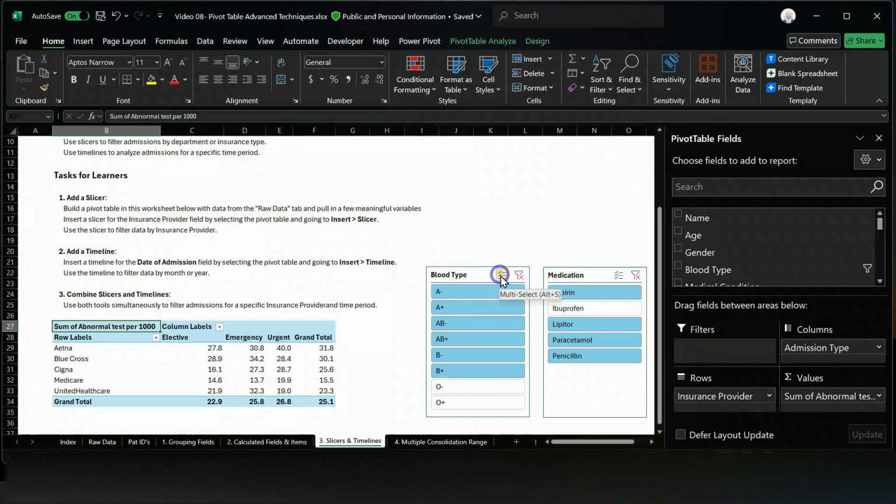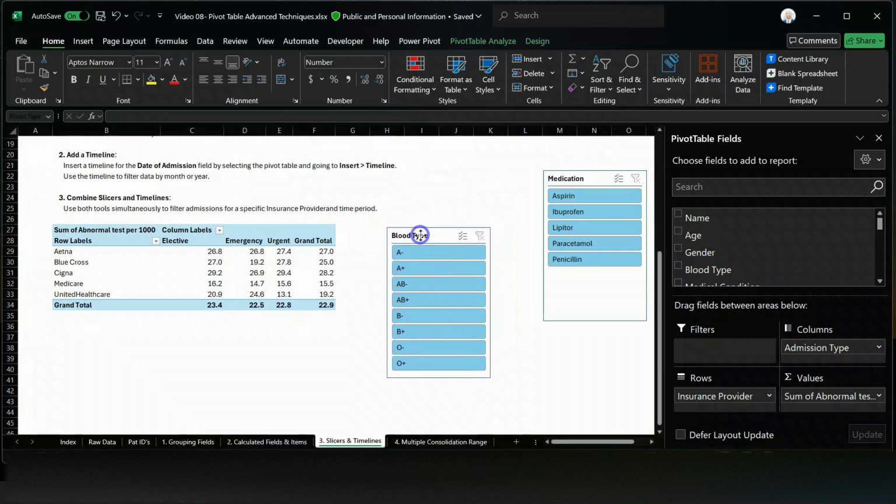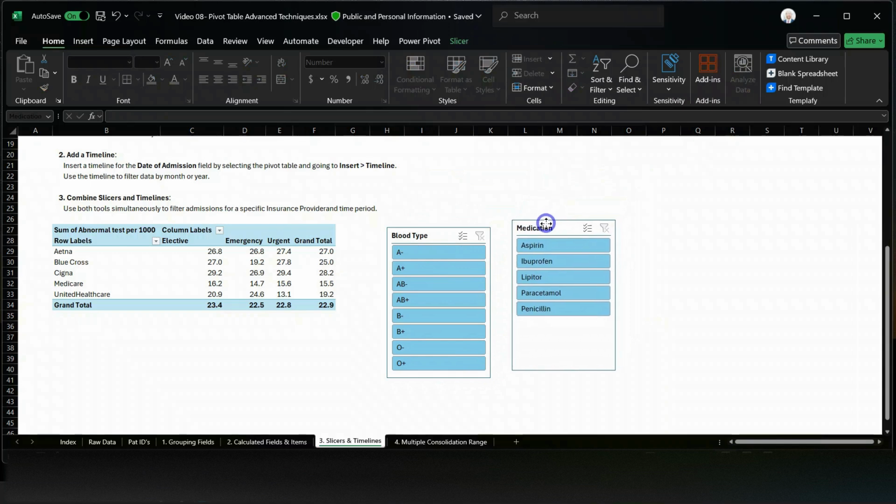You can also turn this multi-select on and off. You can completely remove that filtering from the table. Very, very powerful mechanism, especially for end users to continue to ask questions of the data that you've presented or made available to them. So now you've got slicers here for this pivot table, and let's add one other element that would allow us to